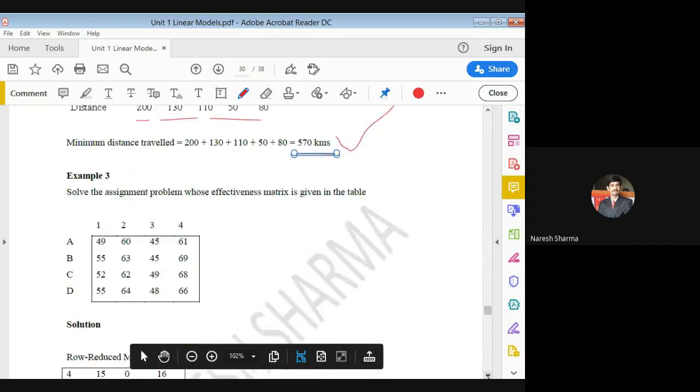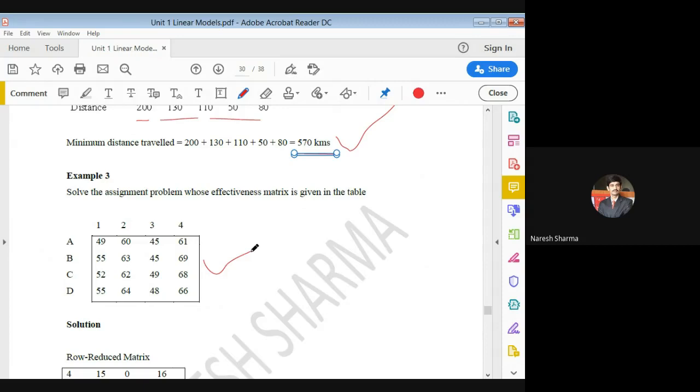It's okay. You can try this problem yourself. You can note this, right? You can try this problem yourself. This is also a minimization problem. As in the previous example, I discussed the maximization type. That maximization type problem I can discuss in your coming lecture. So you can try this problem please. So I'm stopping.